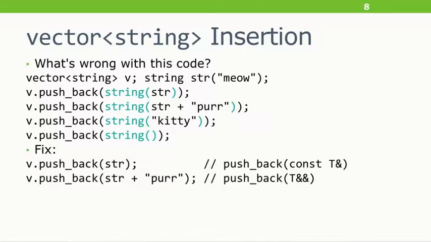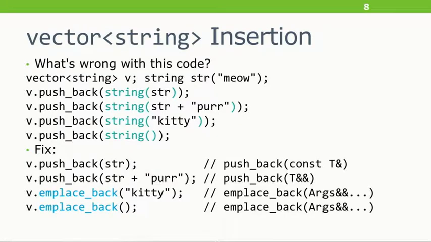However, it's not the case that you should simply remove the temporary strings from each one. For the push_back of a string literal, yes, you could remove the temporary string there, and that would be good because you would get the push_back of an rvalue reference called. However, you would be constructing a temporary, moving it in, and then destroying the temporary. And like Andrei said, what's better than some code? It's zero code. If you instead say emplace_back with the string literal, this is a new C++11 feature that allows you to directly construct an element in your vector from the provided arguments. You literally cannot get faster than this because you're omitting wasted instructions. So from a string literal or from no arguments, you can just emplace_back with that.